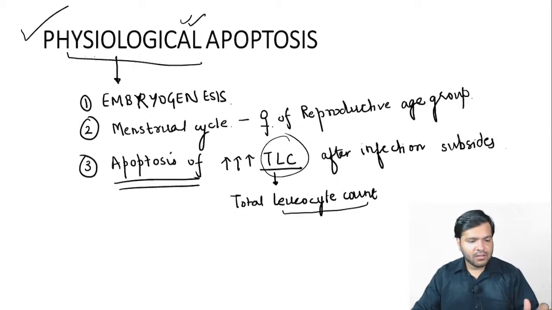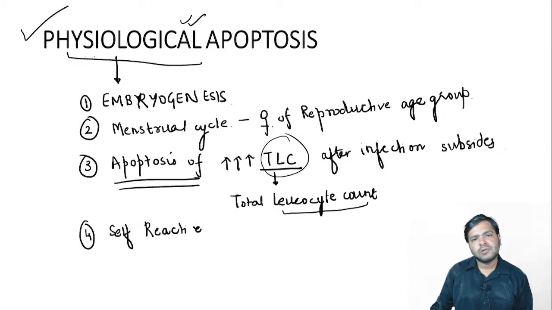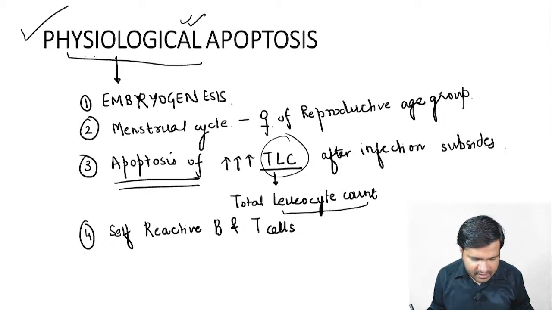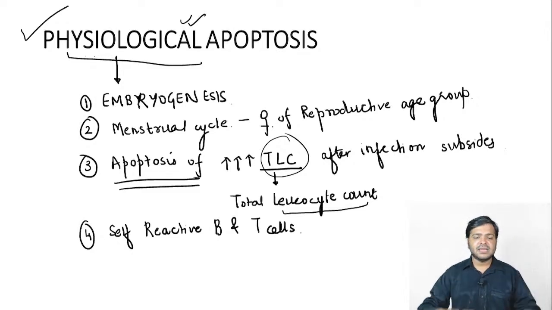Apart from that, one more example that I wanted to discuss with you guys is self-reactive B and T cells. Yeah, Osama, it is 4K to 11K. Very good. Yeah, it is the normal, and in certain cases, certain infection, guys, certain infection, basically